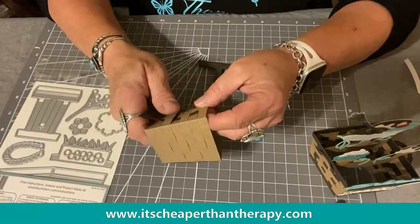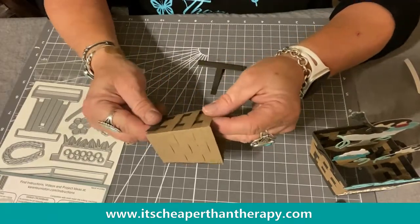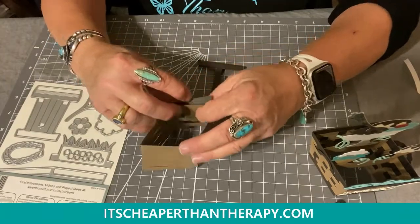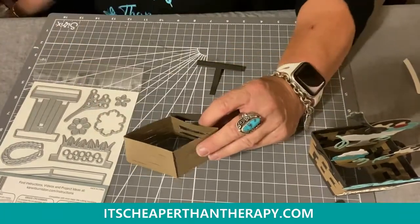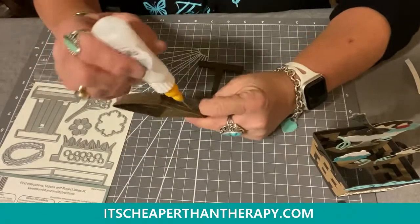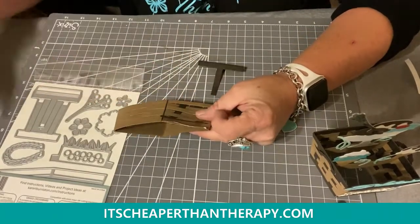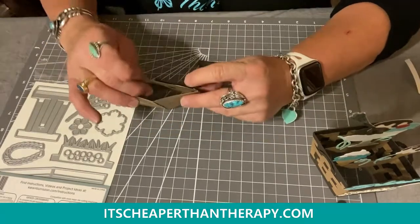And so what I'm doing is just kind of pushing them through. Now, if you wanted to, you can just take this and pull it back and use a little bit of the Karen Bernison glue. Or you could use the Sizzix glue. You can use a little bottle, put a little bead there. And then,